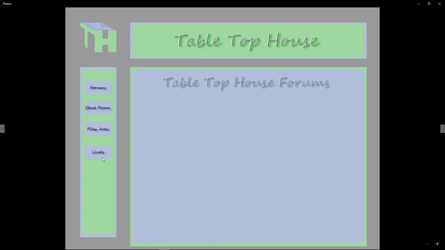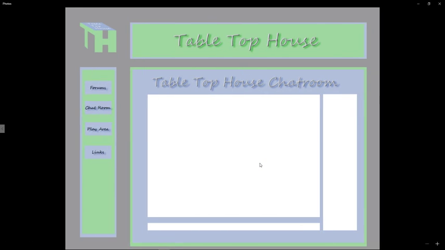So to cover the whole SIP, the first key feature is forums. The next key feature would be the chat room, the play area,